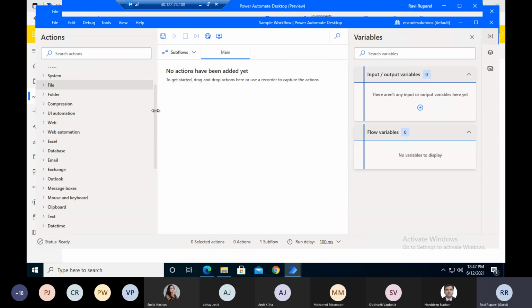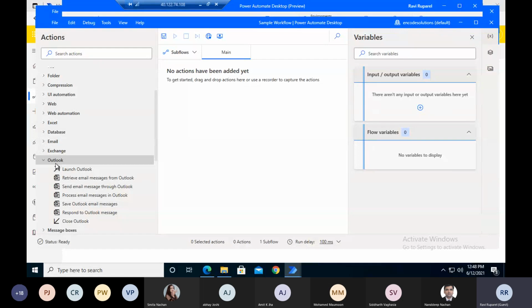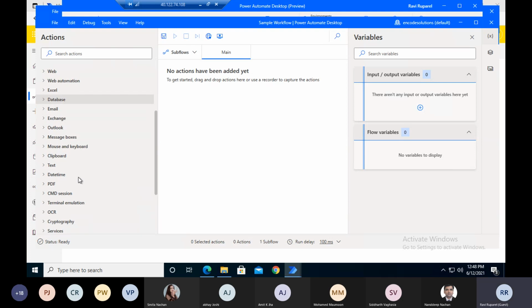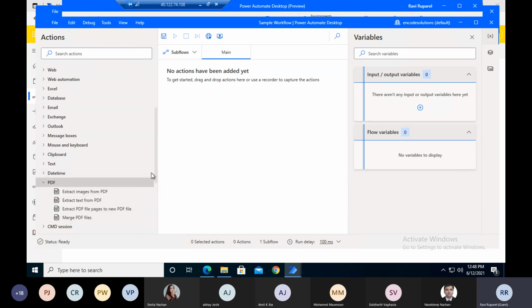There are also actions for Outlook, like if you want to launch Outlook on that desktop, or retrieve any emails from Outlook. We can also perform database operations, like opening SQL connections and executing SQL statements. There are other PDF operations, like extracting the images.